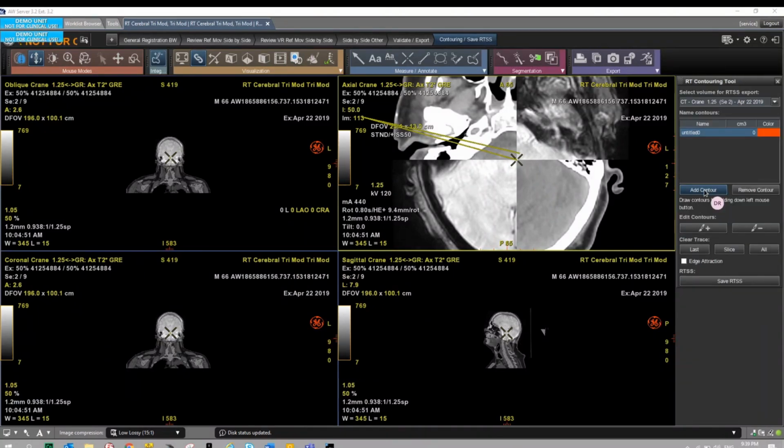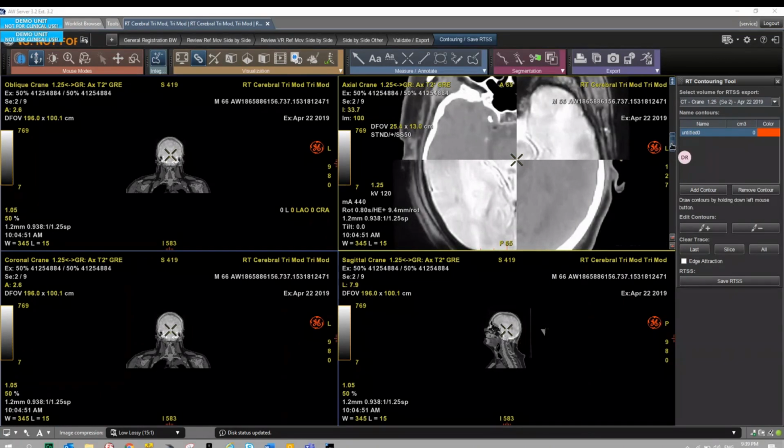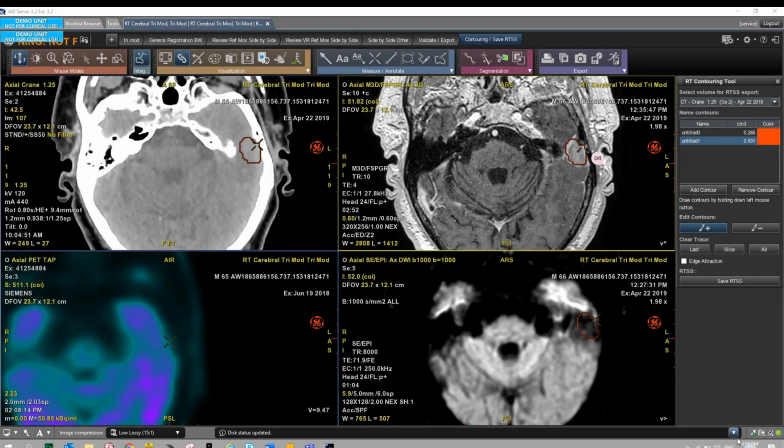So this is the contouring tool. Any view can be used to edit the contour. So this is the contour tool. It's just freehand contouring. We can use any view. The contour is updated on all the viewports that have the same registration, and this contour can be saved as